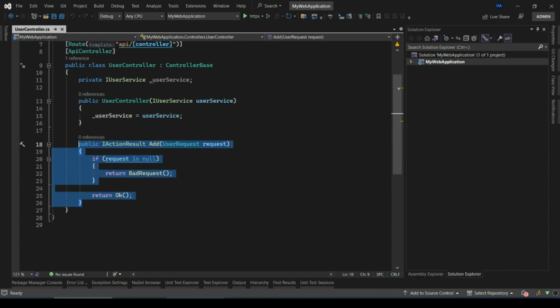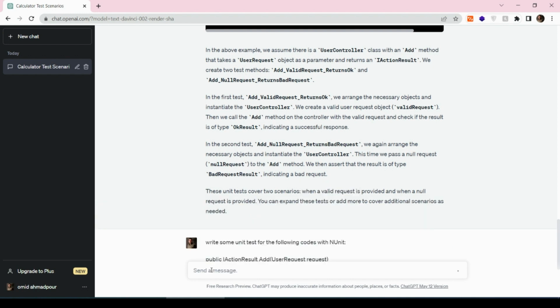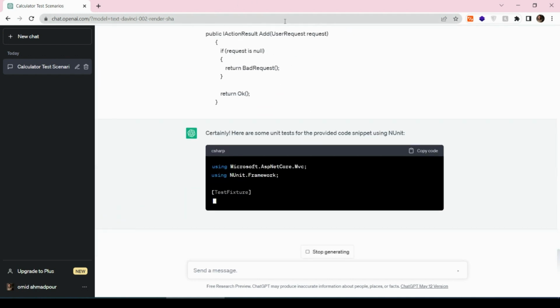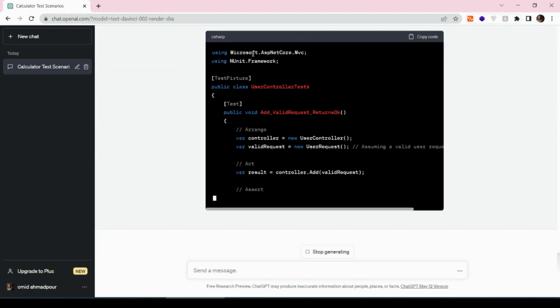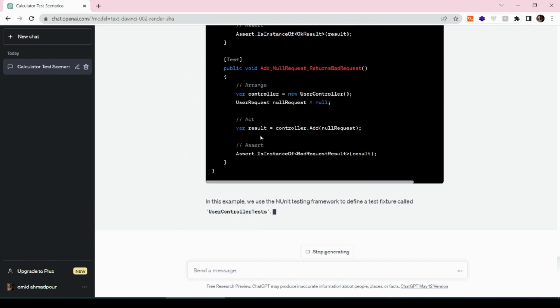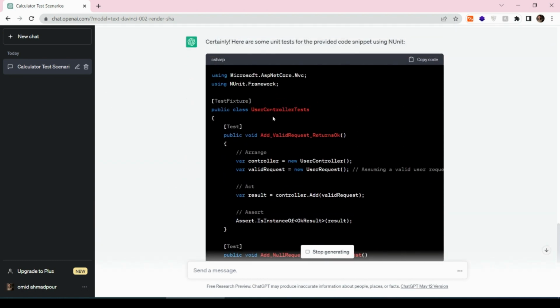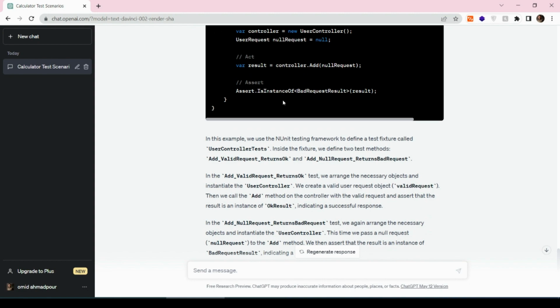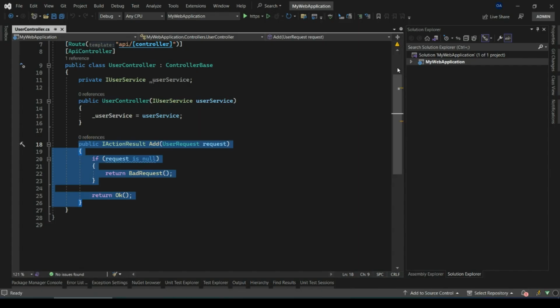Copy the action method. And that's it. Let's see. ChatGPT used NUnit, and the only thing we need is to go back to our project and